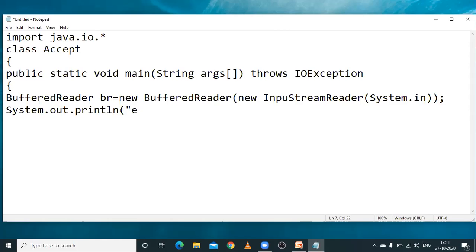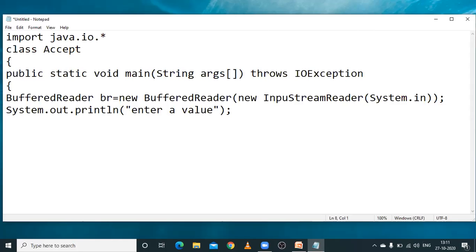Here we will ask the user to enter a value in the form of integers.